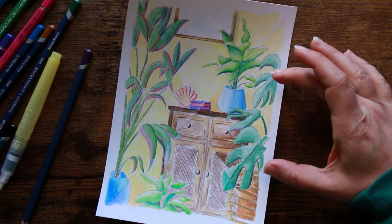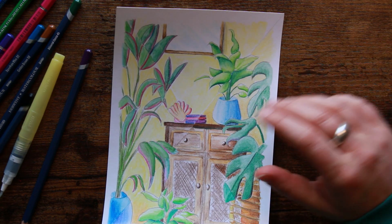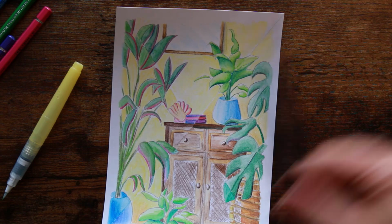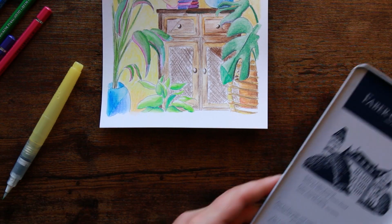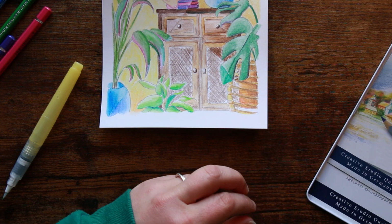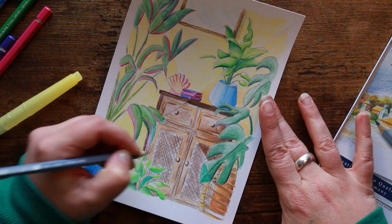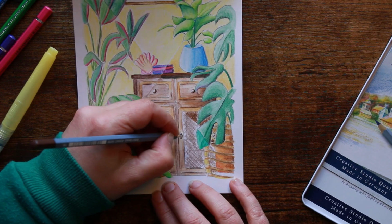Okay, much happier with that section now. My plant leaves look a bit better as well, which is always nice too. Right, okay, and we move on to the Gold Fabers, which is the bottom section here. Now this is where I feel I'm lacking the most in terms of contrast. But if I just stick in a few lines here and there, I don't even necessarily need to...